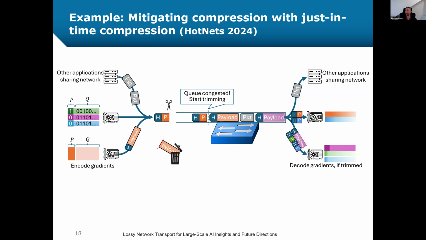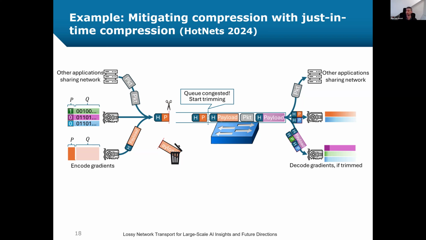And our idea here was that maybe we can use the part of the packet that does make it to the receiver, right? So if you look at this illustration, there's going to be a part of the payload that's not trimmed. The reason for this is that the switches can only trim it to what's called the cell size. I believe in the current Broadcom switches, it's something like 200-something bytes, right? So it's a bit more than the number of bytes we have for the header itself. So we have some extra bytes that are currently not really useful, but we can use them as the compressed form